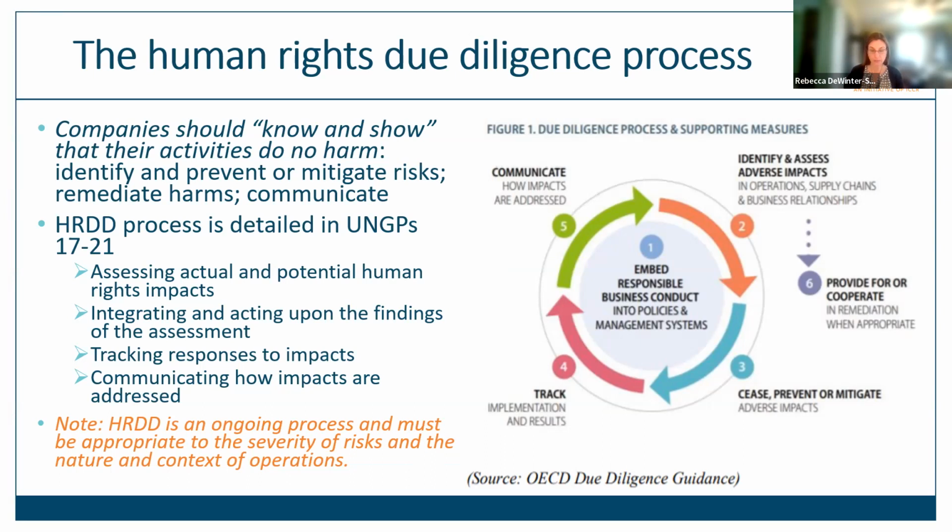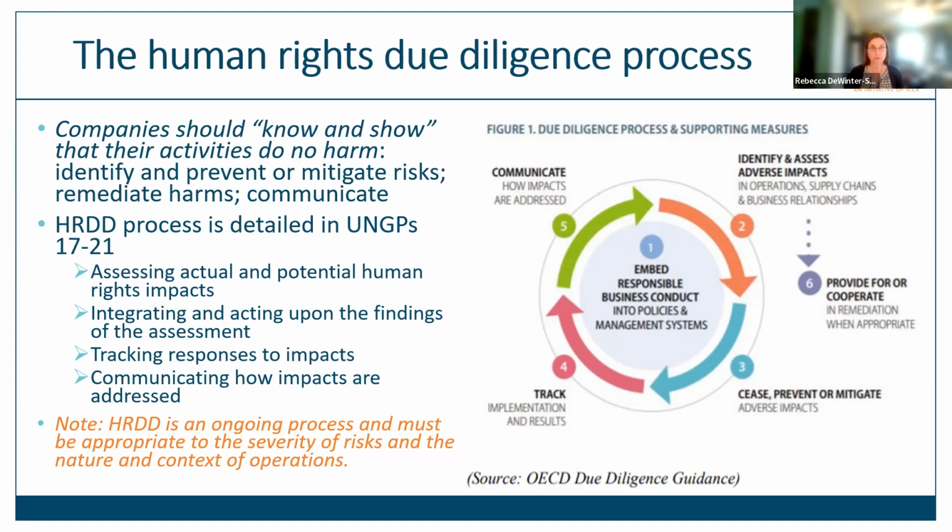But let me just note that human rights due diligence must address adverse human rights impacts that the company or investor may cause or contribute to through its own activities, or to which the company or investor may be directly linked through its operations, products, or services via its business relationships. Human rights due diligence will vary in complexity depending on the size of the company, the severity of the human rights impacts, as well as the nature and context of its operations. And finally, it should be an ongoing process as human rights risks can change over time.